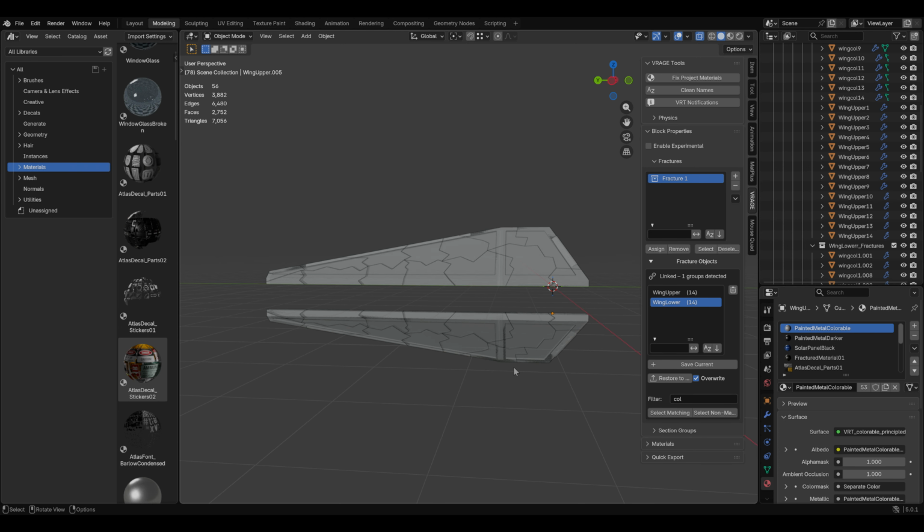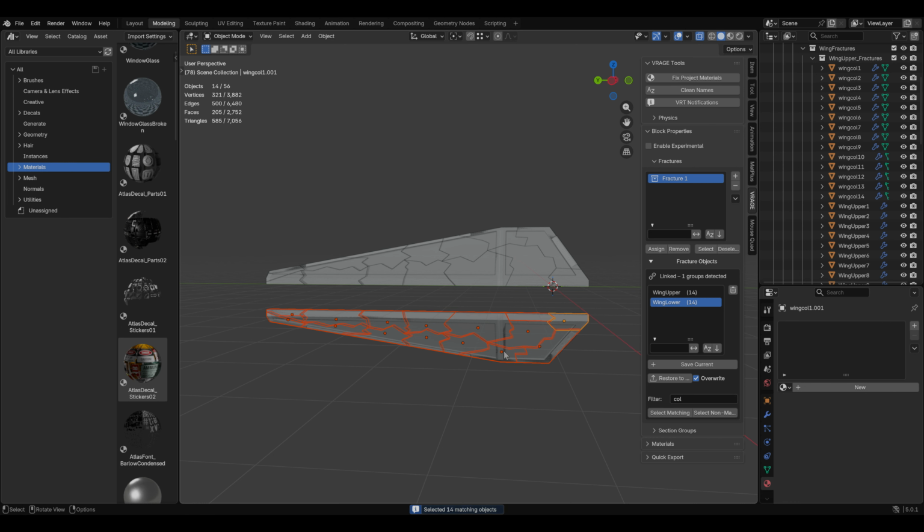There's another feature in here as well. If you look down at the bottom here, you'll see it's got a filter, select matching, select non-matching, and I've got col in there. That's because when I do colliders on things, I usually have col in them. Usually it's underscore COLL at the end, but in this case I was lazy. You can change this to whatever you want. It is editable, and you just hit select matching and it will select the matching items out of the group